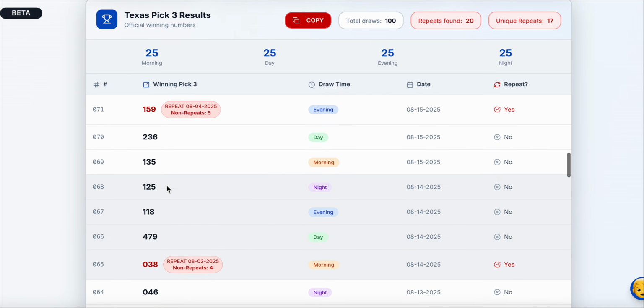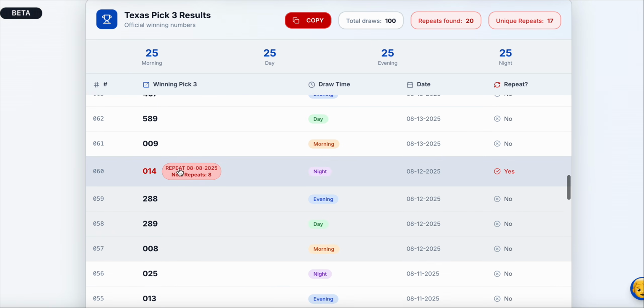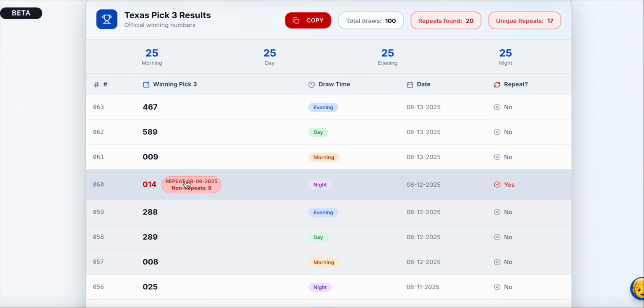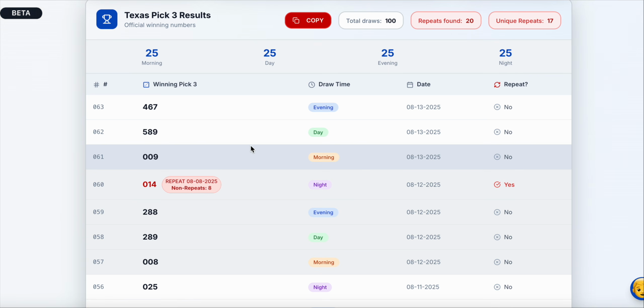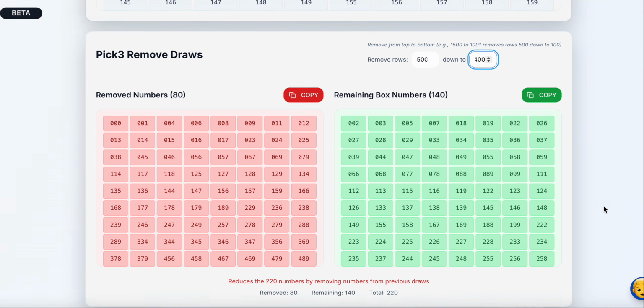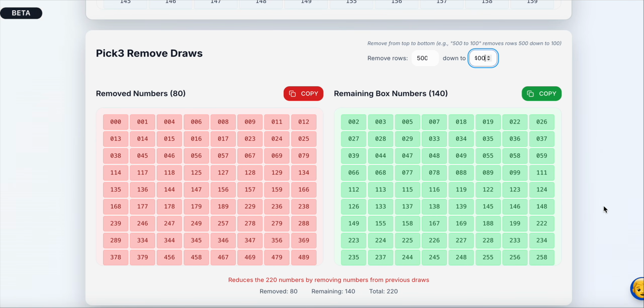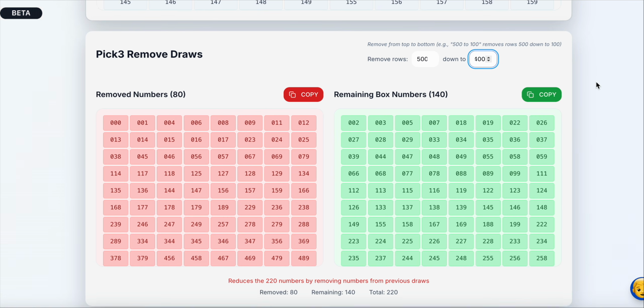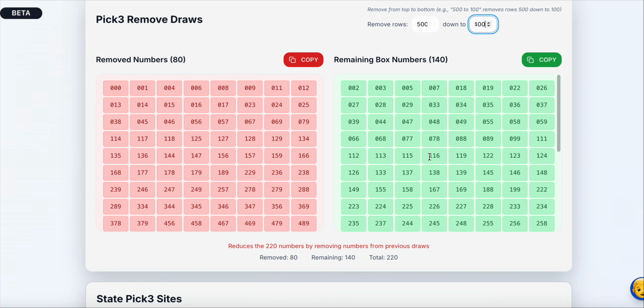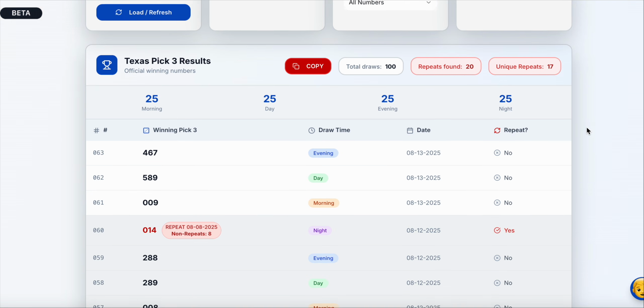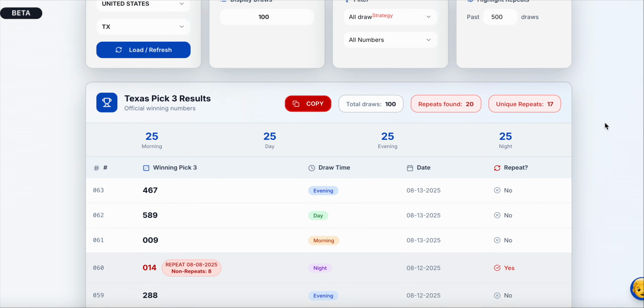Look at that. 1 1 1 1 1. So you see a double like this, actually not a double, a repeat. You know the high probability next one is not going to be a repeat. So guess what? And this helps you out with your own strategy. These 80 numbers, if you have these 80 numbers in your strategy, it's over 90% chance that you're going to lose. Yes, over 90% chance that you will lose if you have these numbers. If your numbers are within here, then you have a better chance of winning. Okay, you see that? Now, if you think a single is going to come out, now we could go lower.